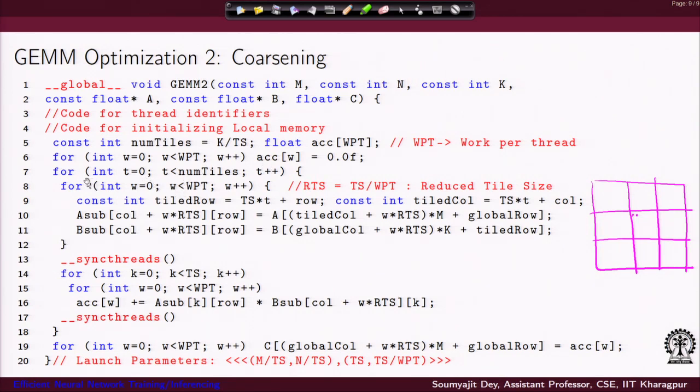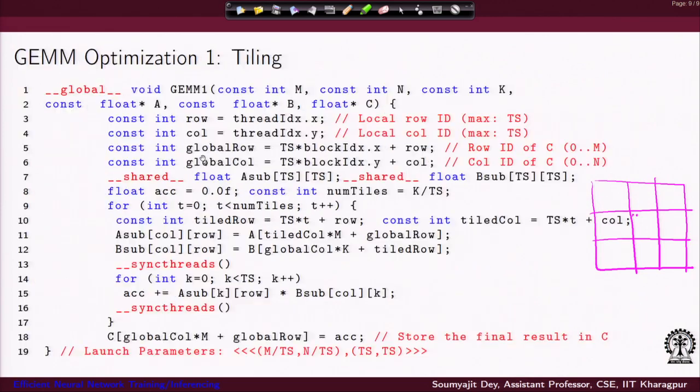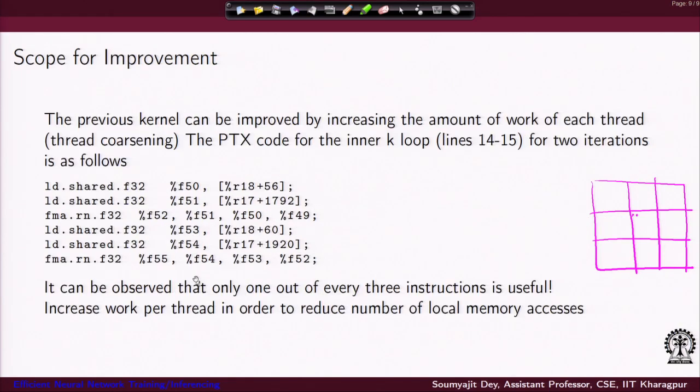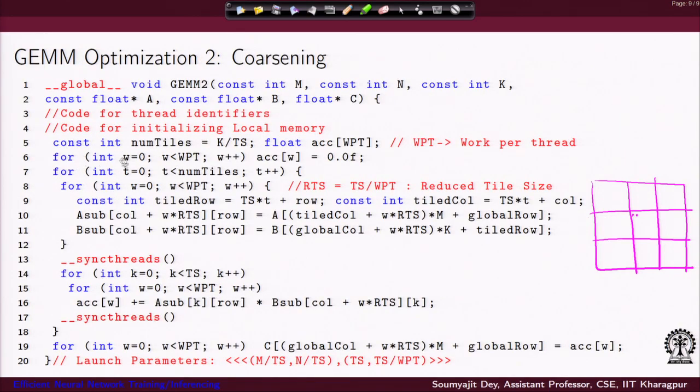I hope you can understand things are going to be simple. Let us compare the previous and the current implementation. Earlier you had the outer loop where you were doing the loads followed by the compute. Well, you still have the outer loop. This is a simple loop just for initializing the ACC, right. You are just initializing the ACC here. But then this is your normal loop of the previous work.